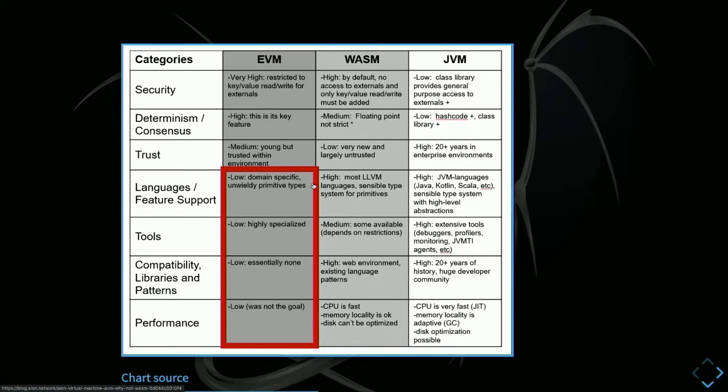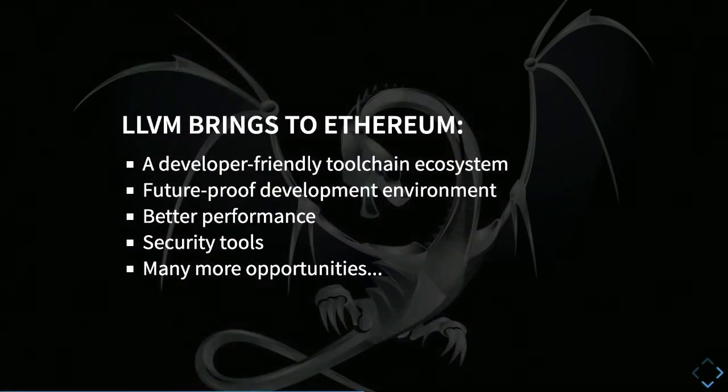You can see that EVM has a pretty high rating on security and determinism, but it's pretty low on support for languages and toolchains. At this moment, we only have Solidity and Viper for developing smart contracts. And the tooling system is lagging behind other modern runtimes like WASM and JVM. So this effort tries to bring LLVM to Ethereum, a developer-friendly toolchain ecosystem